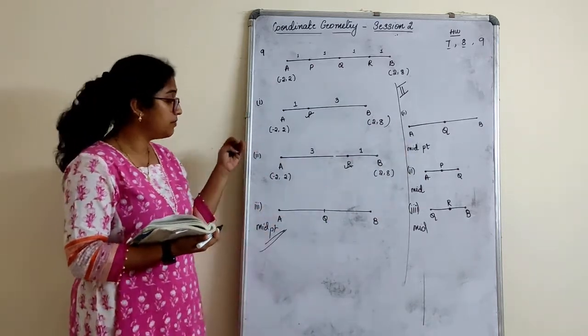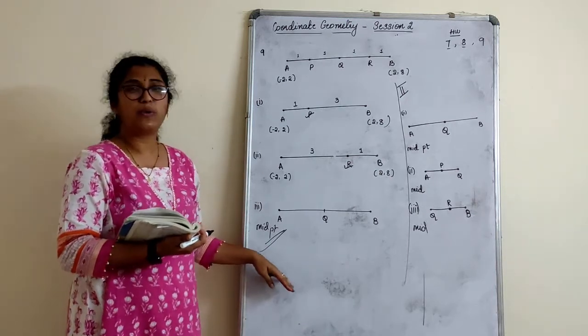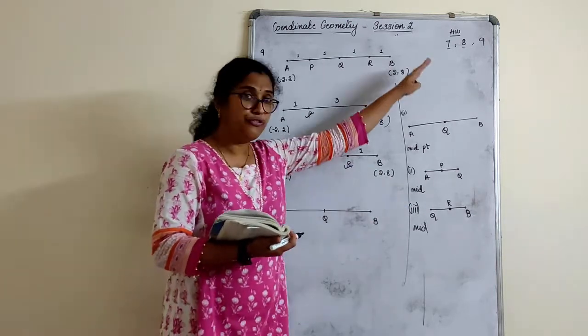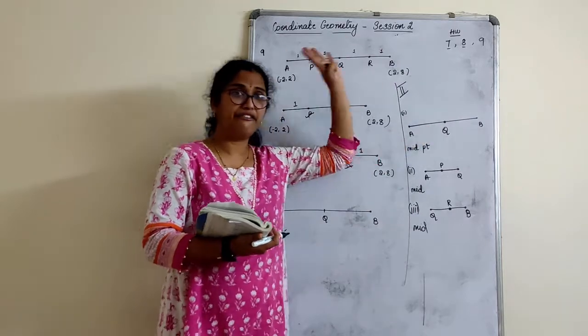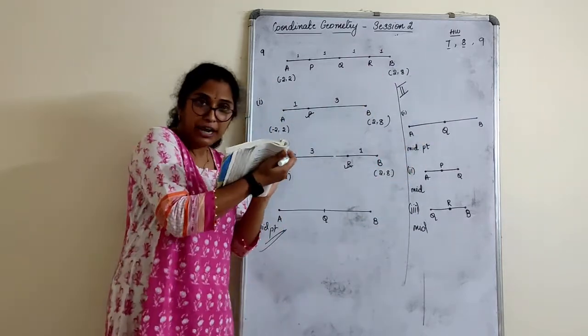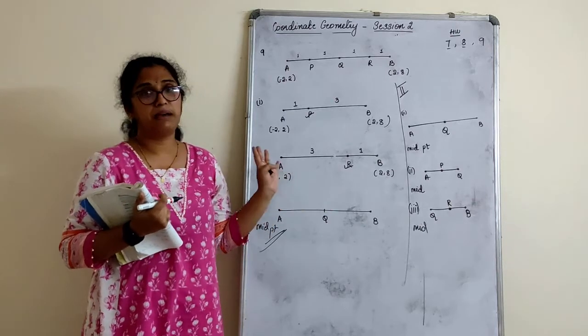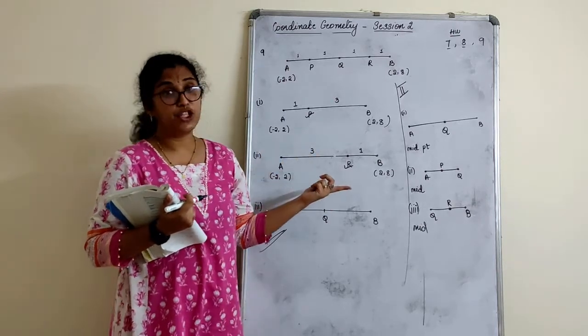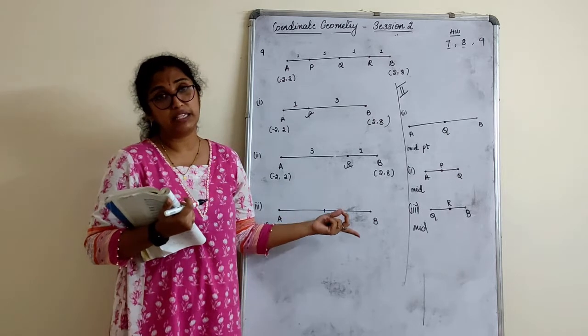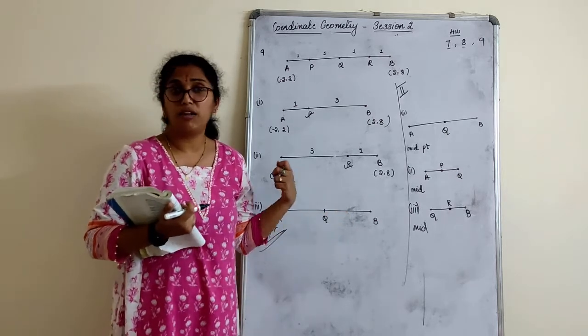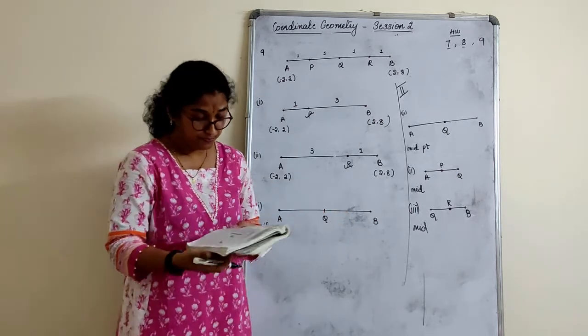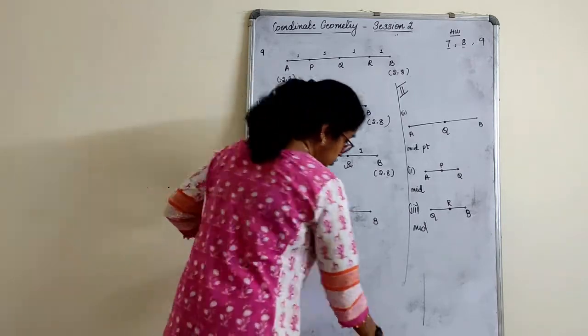Here, section formula, then midpoint formula, is quite lengthy. But this is very, very simple. First half midpoint, then part of that midpoint, this part midpoint. All three you can find by the midpoint formula. Apply whichever method you feel convenient. Still if you have a difficulty, you can always call me and ask, right? So, and the last one.